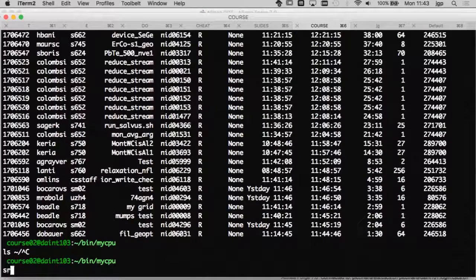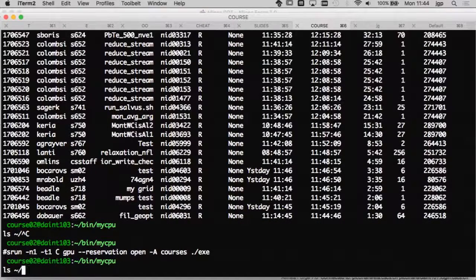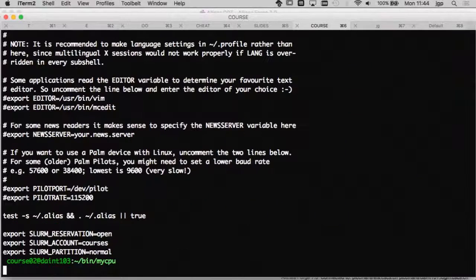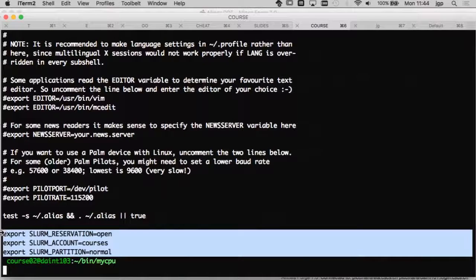In theory, you should write something like this, which is a bit long, I agree. That's why, for the exercise, it's better if you modify your bashrc and at the end just set these three variables.